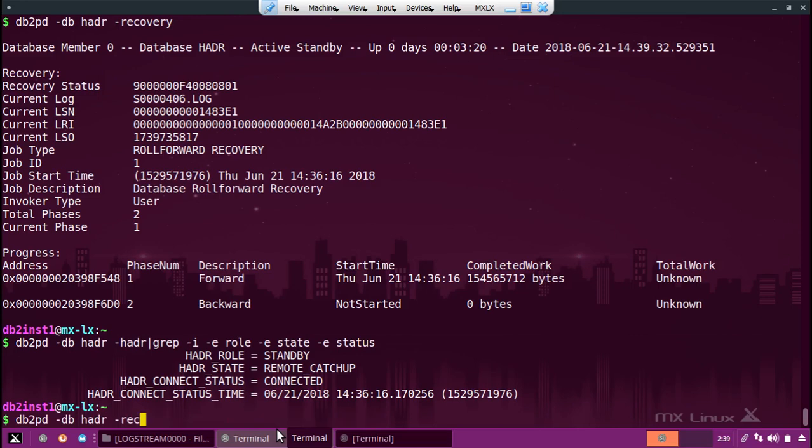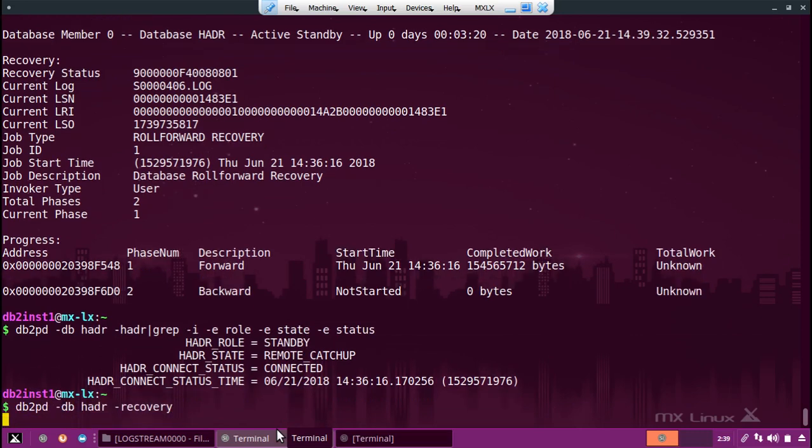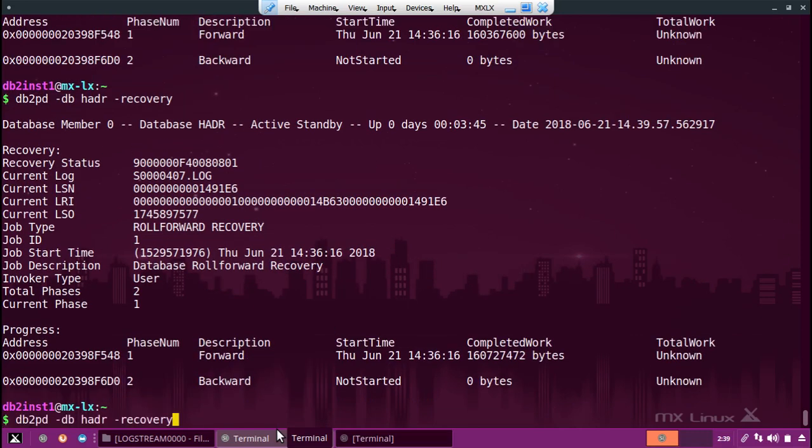You can just run that. 407. Okay, it's taking a long time. Obviously, this is a virtual machine, so it's not going to be super fast. I have one Windows machine with two VMs for the primary and standby, with 8 GB RAM. It's going to take a while